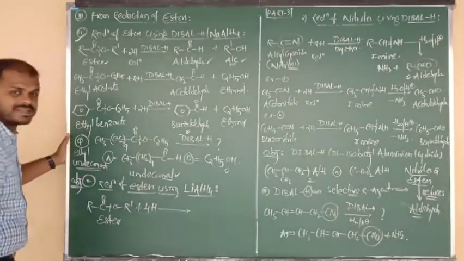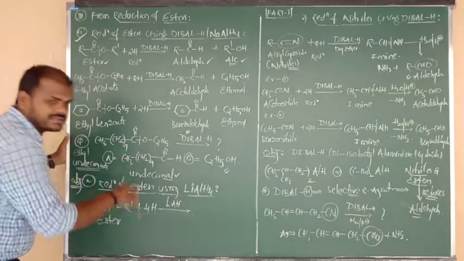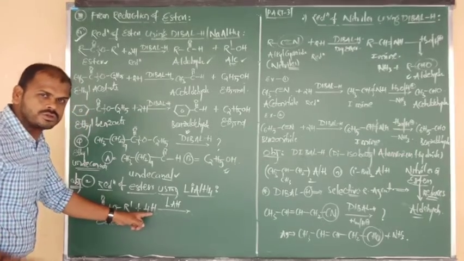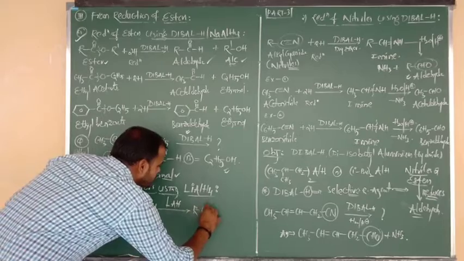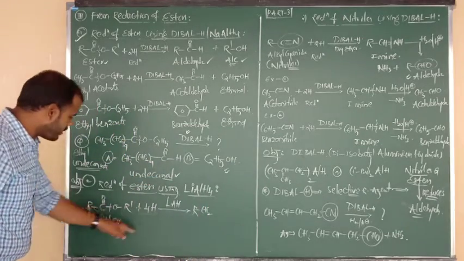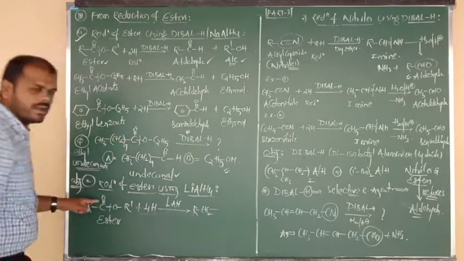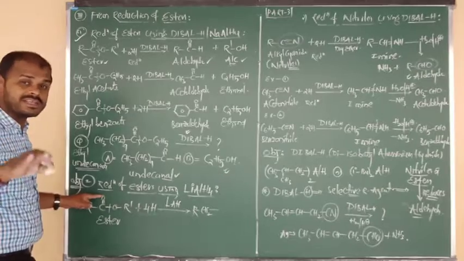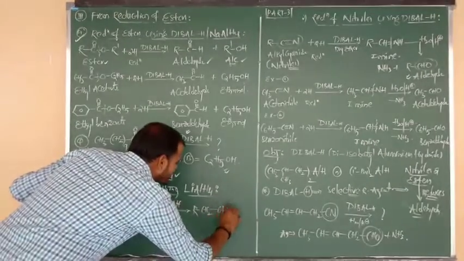Good. Total how many hydrogens are there? 4 hydrogens. In presence of what? LAH, or we can say lithium aluminum hydride. Out of 4 hydrogens, 2 hydrogens are given to the central C. So we can say R bonded to CH2. After attack of 2 hydrogens upon the central C, the double bond becomes a single bond. Because of this the pi bond shifts to O, which is more electronegative, O contains a negative charge, and it is again attacked by another hydrogen. So we get OH.